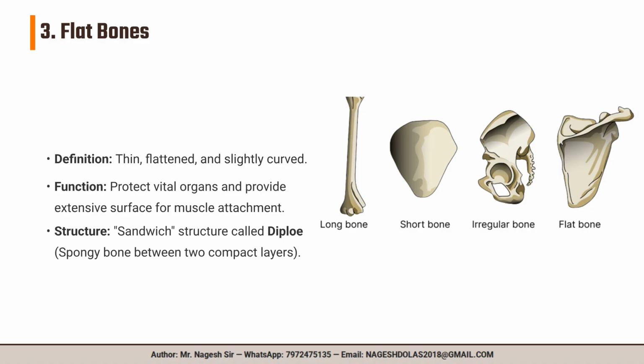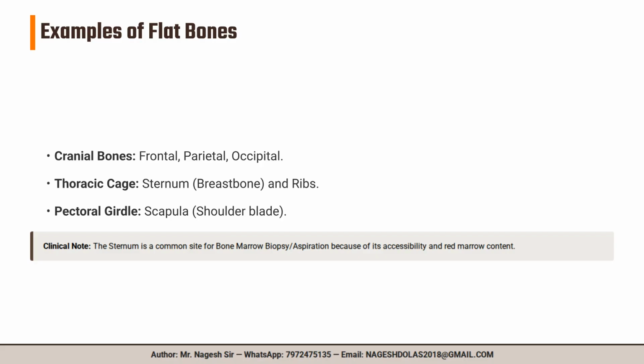Flat bones are thin, flattened, and slightly curved. Their function is to protect vital organs and provide extensive surfaces for muscle attachment. They feature a sandwich structure called diploe, which is spongy bone between two compact layers. Examples of flat bones include the cranial bones, the sternum and ribs in the thoracic cage, and the scapula. The sternum is clinically important as a common site for bone marrow aspiration due to its accessibility and red marrow